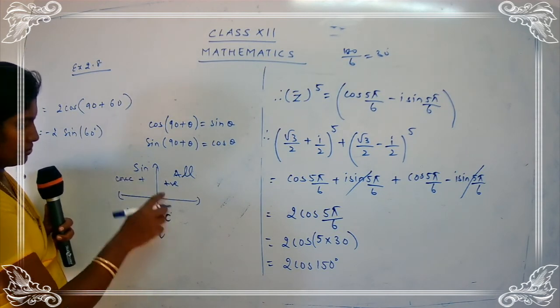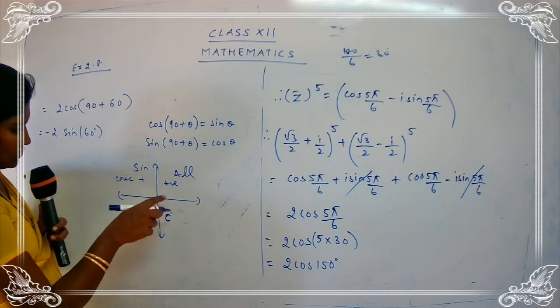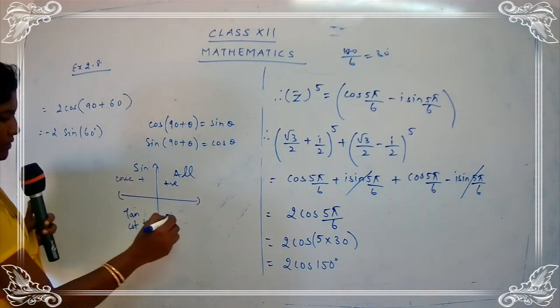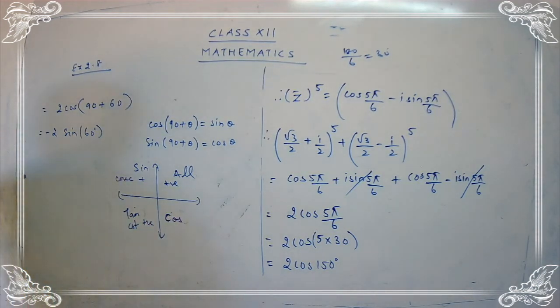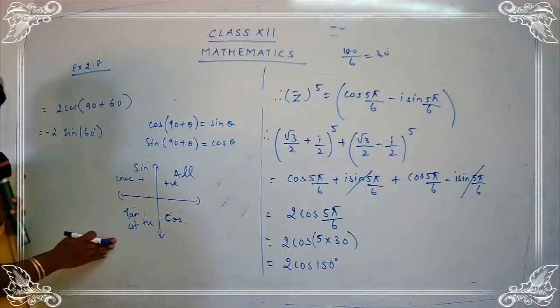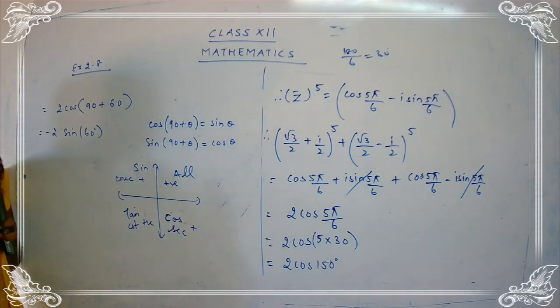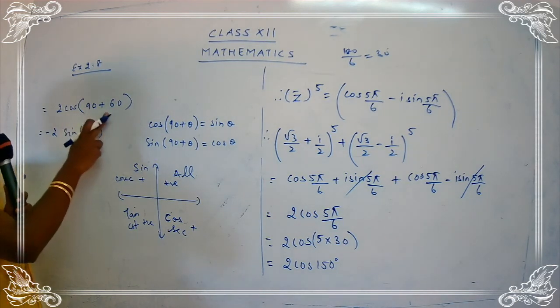Here C. So what have we considered? Sine, tan is done, here cos will come. Sine, cos, tan, that is all three main things. So sine and cosec are positive, tan and cot are positive, cos and sec are positive here, and the remaining are negative. I hope you are recollecting the things that we have done in our previous classes. I hope you are clear with this 90 plus 60.